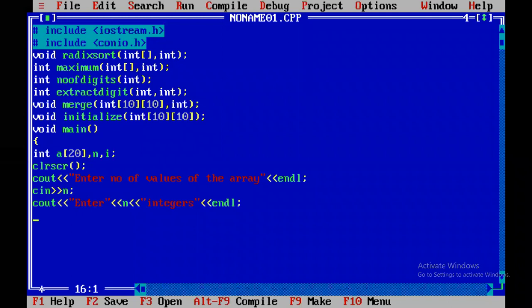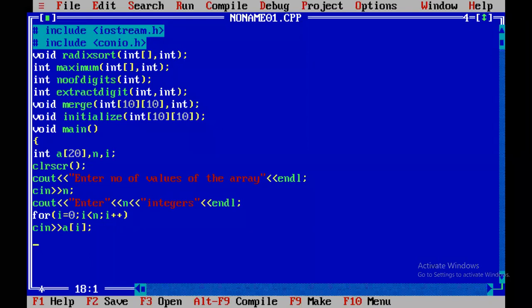Like this. So for i equal to 0, i less than n, i plus plus, cin a of i. In a of i, we are entering all the values.